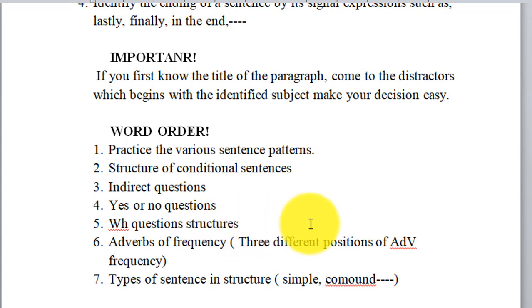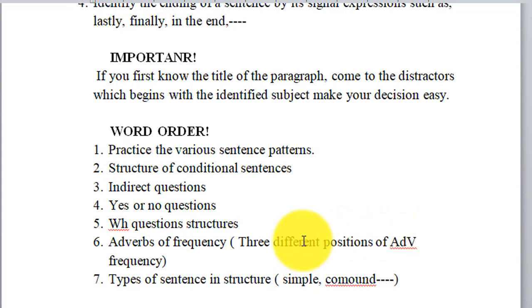Adverbs of frequency have three positions, and you must know them. The first one: if a statement uses be forms of verbs, for example, 'She is sometimes busy', it is subject plus be form plus adverb of frequency. And if a sentence uses an action verb, 'She always reads', it is subject plus adverb of frequency plus action verb plus object of the sentence. The second one